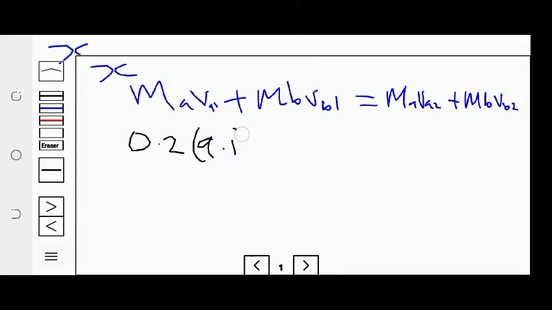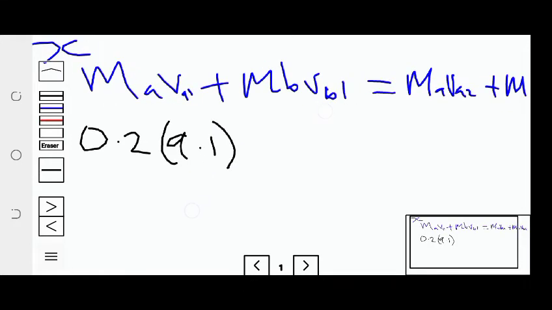If it was coming at a certain angle, then we could have only gotten the x component of 9.1. But in this case, since all of it was in the x direction, we are going to get all of it. Then from there, we're going to add mb, which is 0.3 multiplied by 0, which is just going to be 0 anyway, equals to